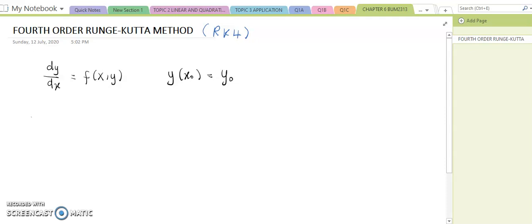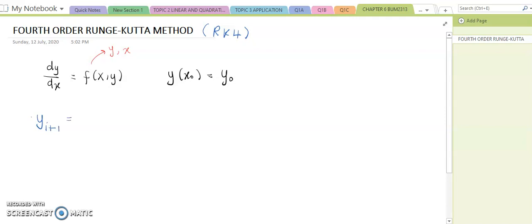Solving this equation means you need to find the y and the x value. So the RK4 method states that to solve this ordinary differential equation, your y value,